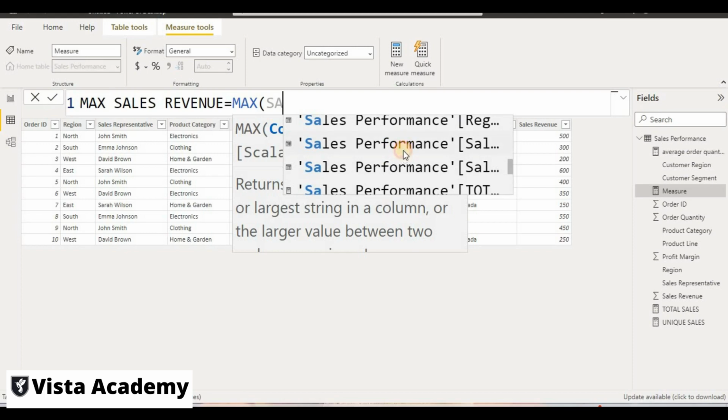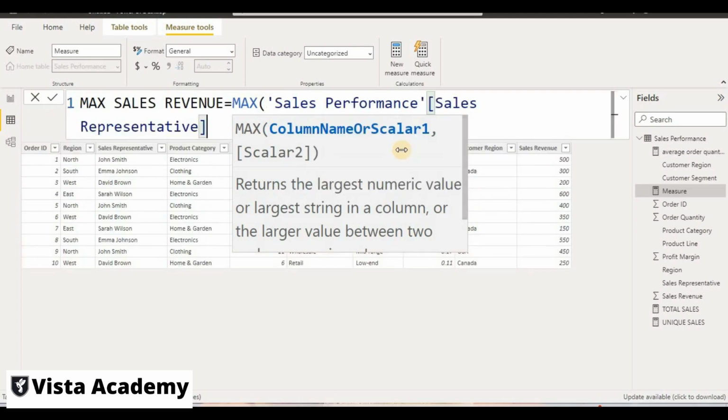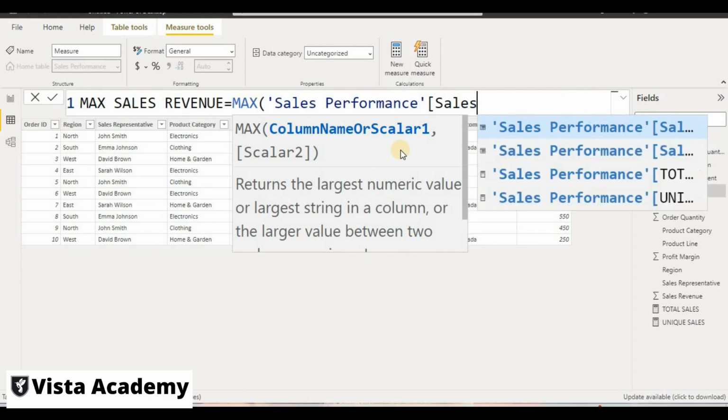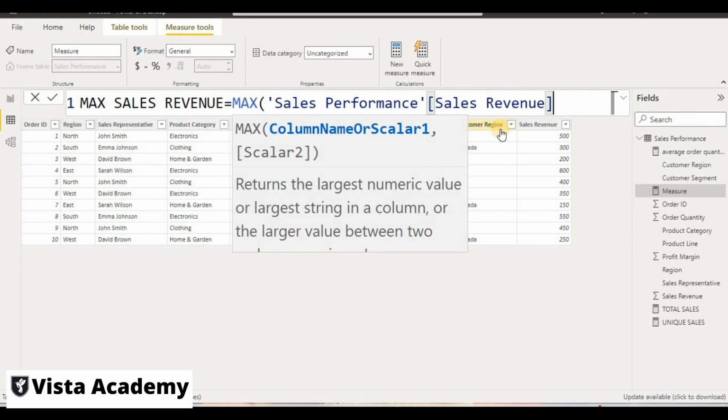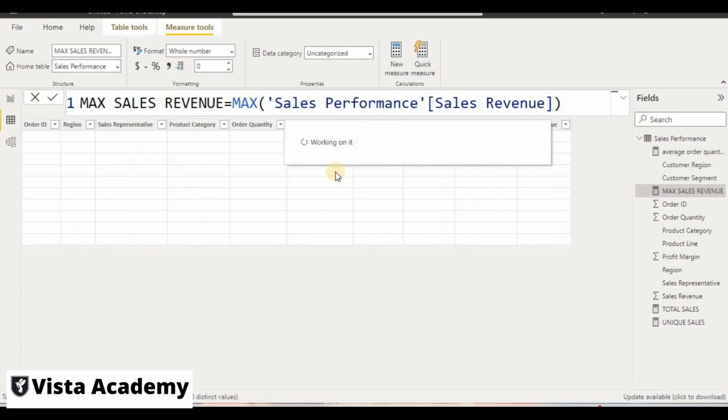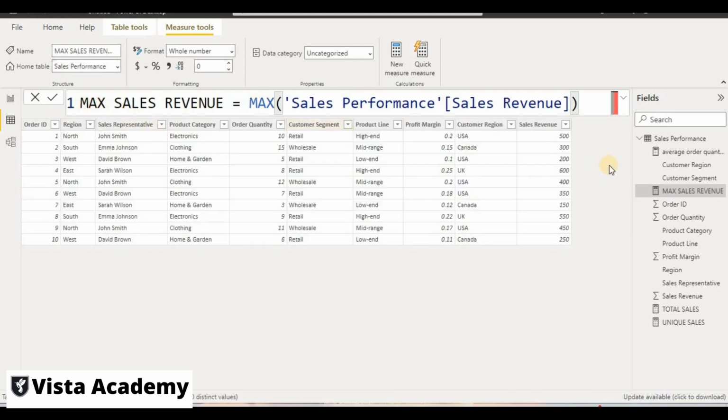This is our sales representative. We have to take sales revenue here. I think this will be the sales revenue. Then I will close this and press enter. So we will create a measure which will help us find the maximum sales from our